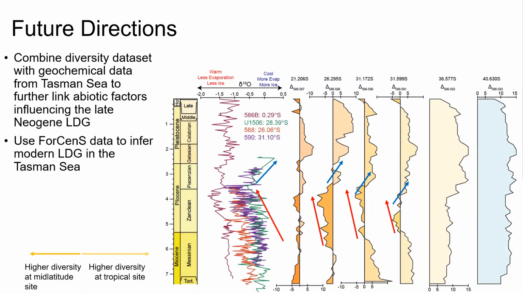Here I have plotted 4 stable isotopic curves from the Tasman, and it appears that when temperatures in the mid-latitudes warm, this is when diversity is highest in these regions. When surface temperatures begin to cool again in the Tasman, this is when the planktic foram diversity peak moves back